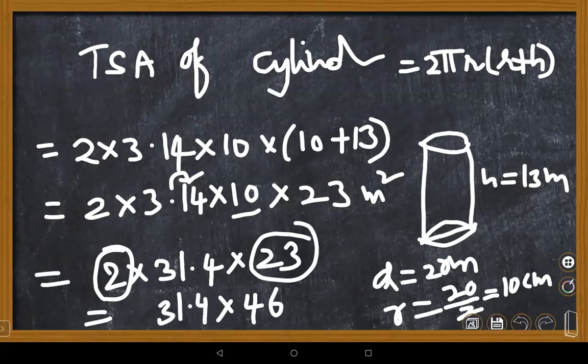Quickly give the calculation and answer, children. Who are doing fast calculation, only the winners. Come on, please. 31.4 multiplied with 46. Or else you can check with units place, sometimes randomly it will be matched with any one of the answers. 6 fours are 24. Let me check the question.